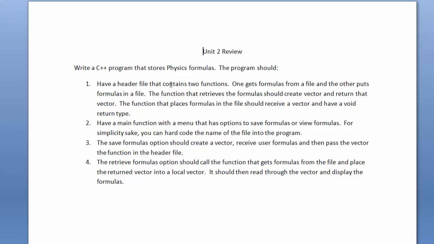Okay, we already have a header file that does that. We are just going to attach our database or data accessor.h file and implement that in this solution. Then I want you to have a main function with a menu that has options to save formulas or view formulas. And then here I said, for simplicity's sake, you can hard code the name of the file into the program. What I'll have you do here, if you want to, you can just use what we've already got in the files input-output